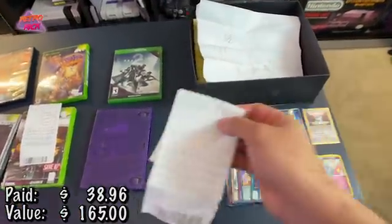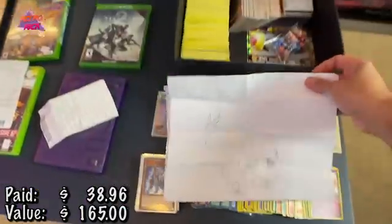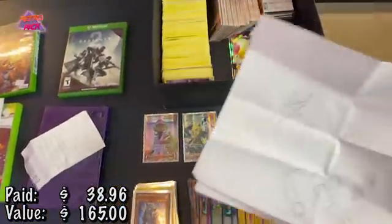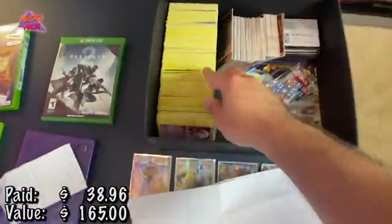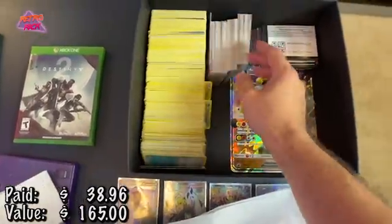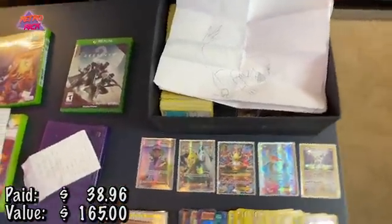So let's get into these cards, guys. Probably my favorite part of the whole thing were these drawings. How sweet is that? It's his drawings. I love it, man. Okay, so I'm going to give you value on this stuff. This is not counting all of the commons. There are hundreds of cards in here, probably even uncommon and some rare stuff too. All these Yu-Gi-Oh cards, a ton of stuff. But I'm just going to give you value of the stuff that has a little bit more